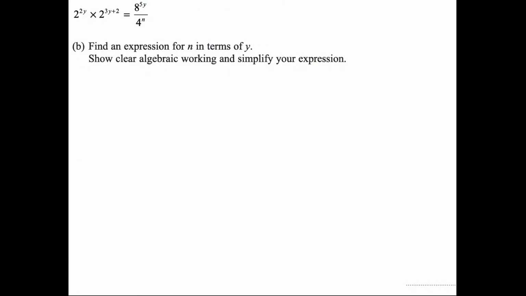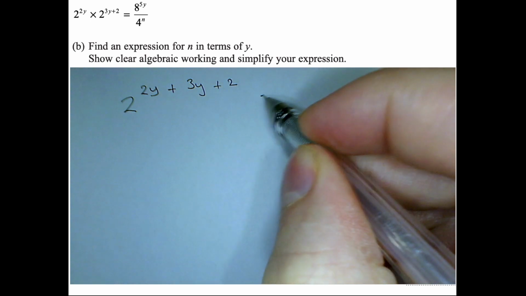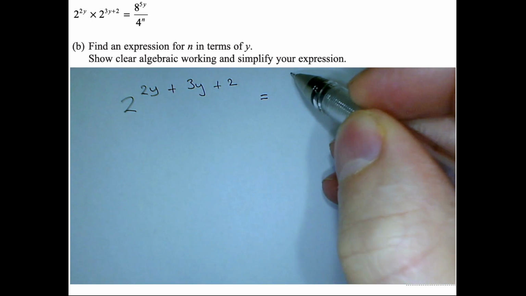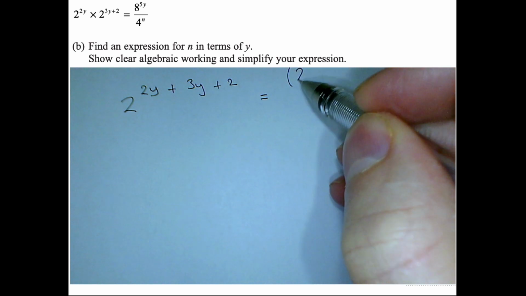Alright, so this is another indices question, and I can see the first problem is that all the base numbers are not the same. So I need to have everything in terms of 2 or 4 or 8. So probably the easiest thing to do is to adjust the ones that have a base 8 and a base 4. So I'm using the first order of indices to tidy up the left hand side,